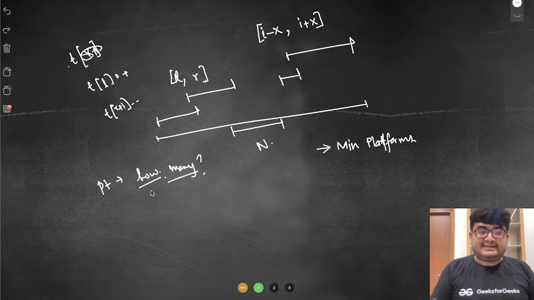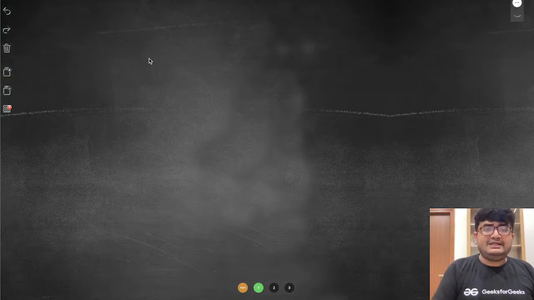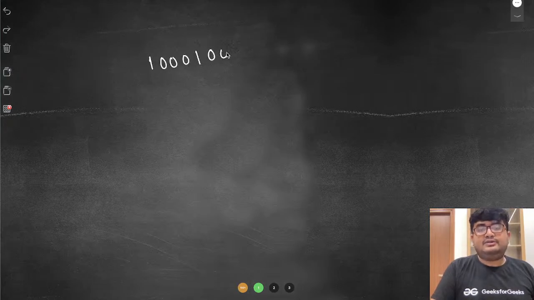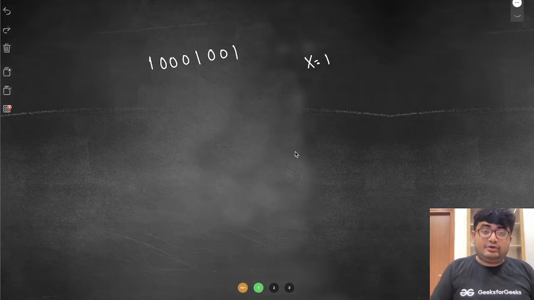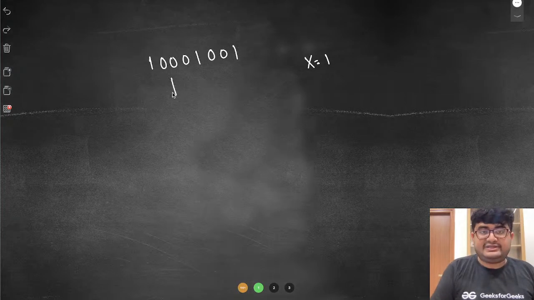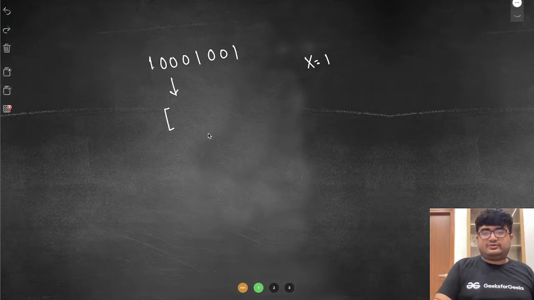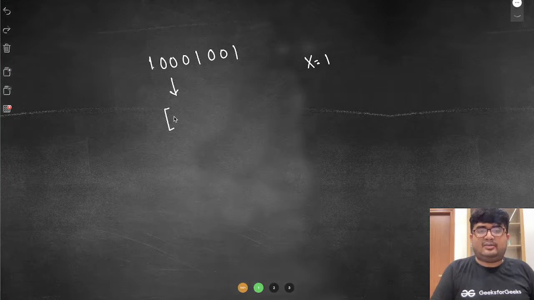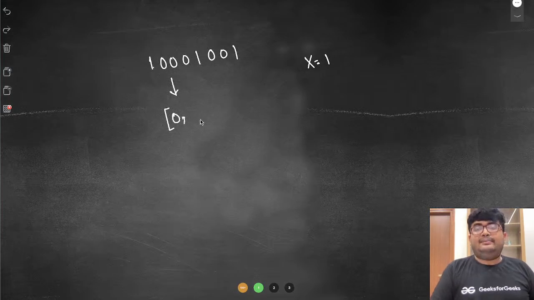So let's consider an example: 1 0 0 0 1 0 0 1, and let's say x equals 1. How do we break this down into ranges? See, this is 0, so it will not go to minus 1. If there is something below 0, we'll take the maximum of 0 and that value. So it will be 0 comma